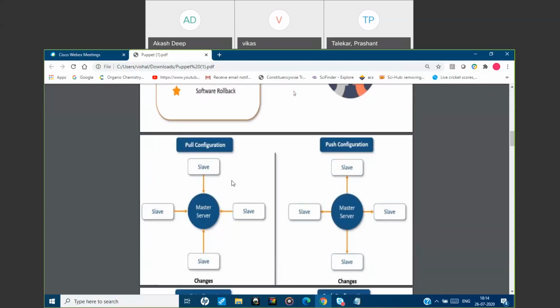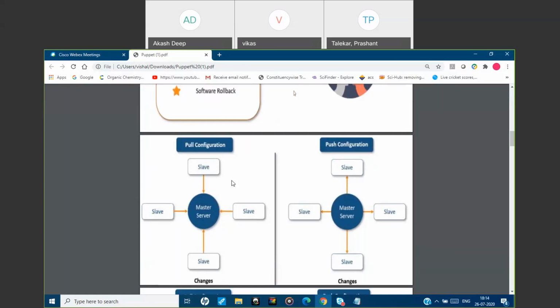So you need to configure both the servers, master and slave. And you need to go into the slave and execute a command which will pull all the changes that have been done in the master server. It will be a single command.